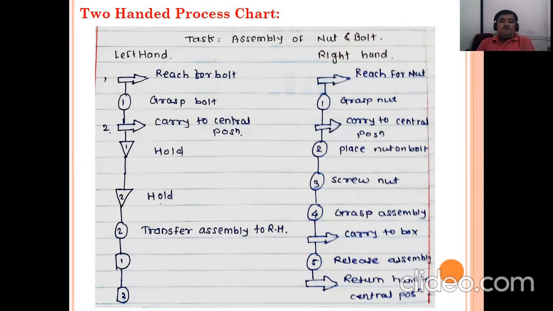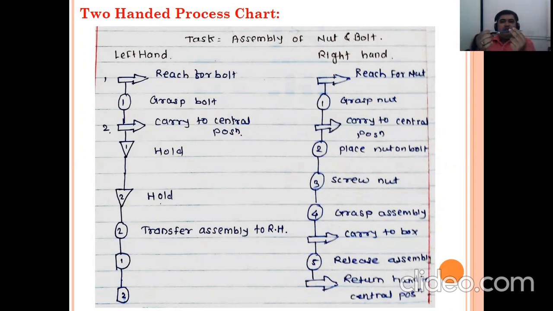I will just show you like this. I have disassembled my pen itself. Let's say this is the bolt, this is the nut. So what I will do, I will reach the bolt, reach the nut. Once I get it, I will grasp it like this, pick it up like this.